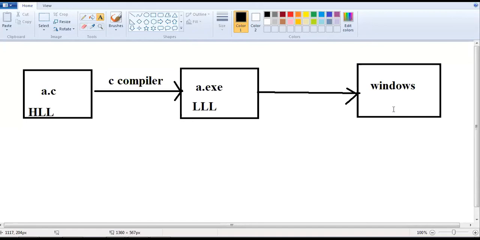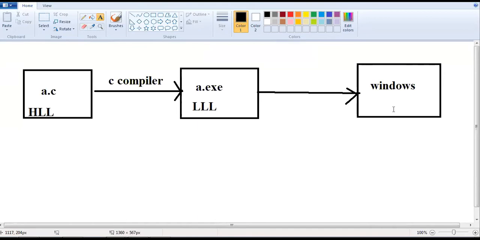Right? Different OSs are there. What are the different OSs? Mac, Solaris, Windows, Linux. Here we use the C compiler. That is a platform dependent compiler only, right?